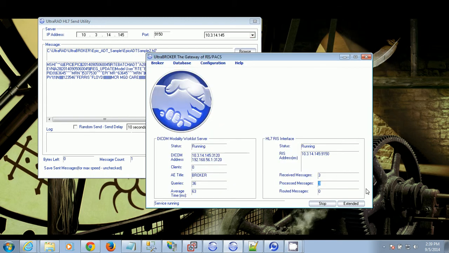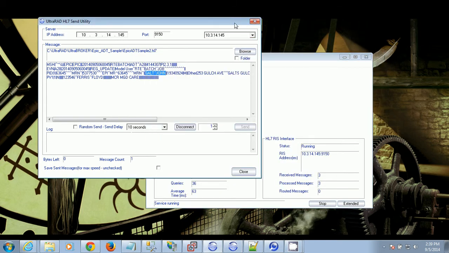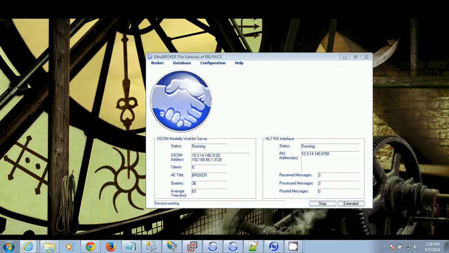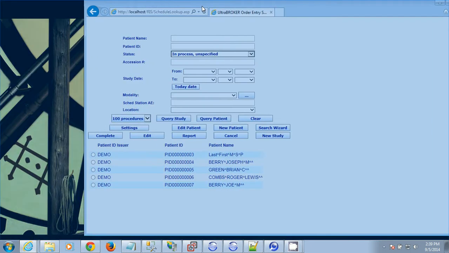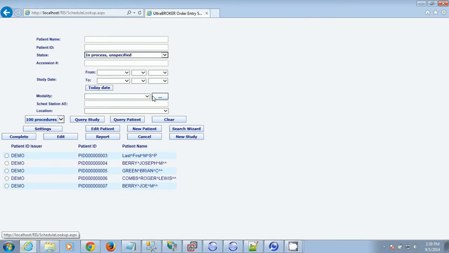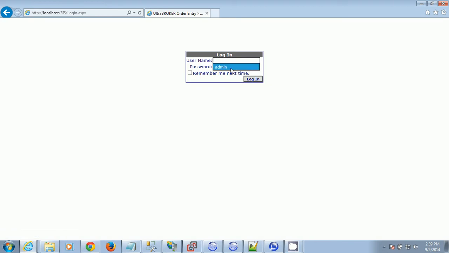So how do we fill in? How do we backfill all that stuff? So let me show you. We have an interface for adding orders. This is a simple web page that a technologist or front office staff or really anybody can use. Once an ADT message is received, if you click on Query Patient, well, actually you have to log in first,